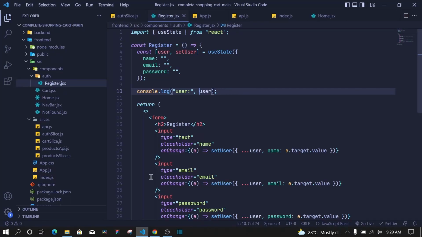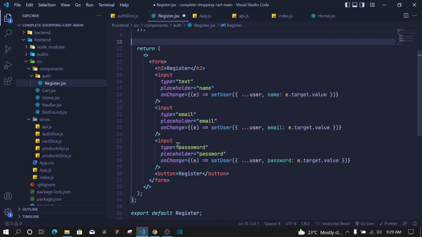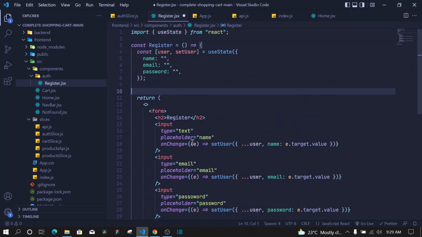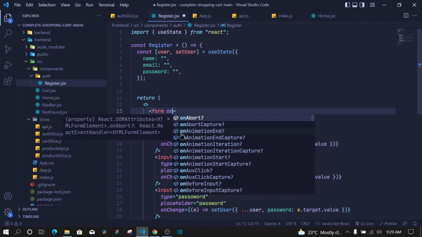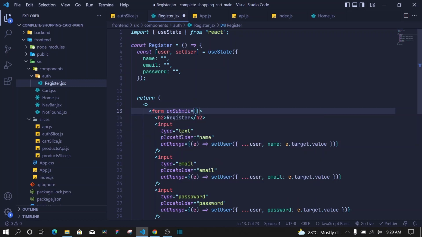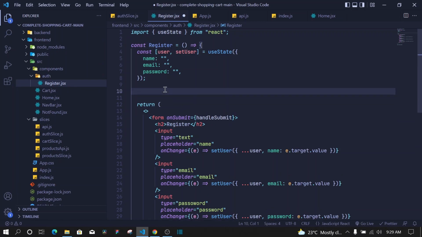All we need to do is send them, or dispatch them, to the backend. Cool. How do we do that? First of all, on submit, when we click this button, it will automatically submit this form. So right here we can say onSubmit, and during the submitting of this form, let us call this function handleSubmit. Okay, and right here we don't have the function yet, so let's define it. const handleSubmit